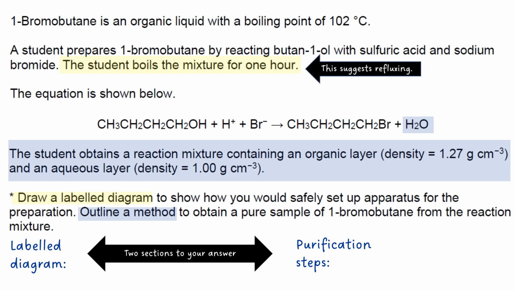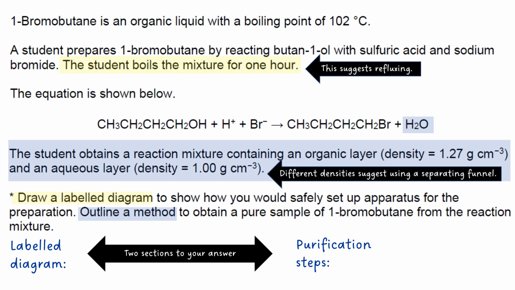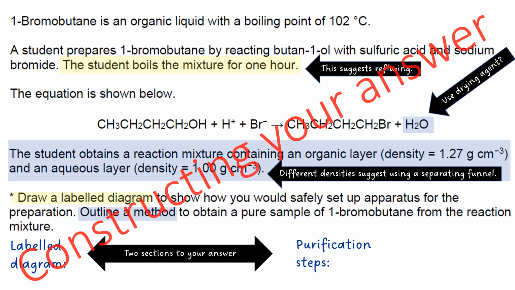So coming back to boiling the mixture for 1 hour, that would suggest refluxing rather than distillation. Different densities would suggest using a separating funnel. And the fact that water is a side product must mean a drying agent might be a good idea. So now we've done a little bit of rudimentary thinking about what we've got in front of us,